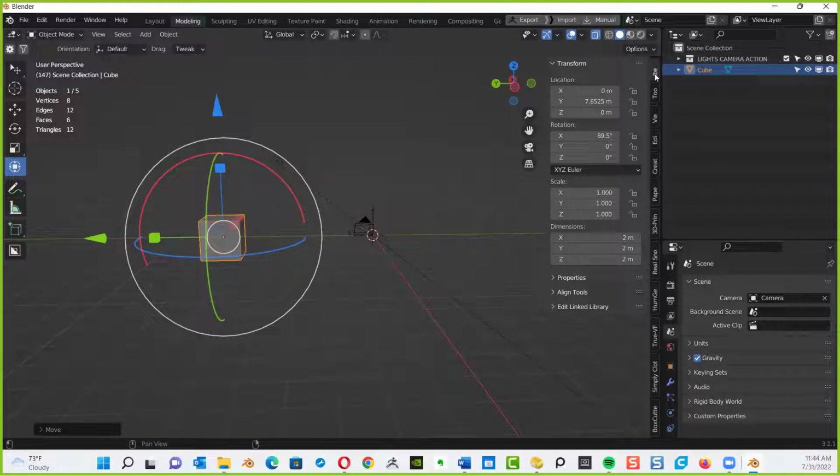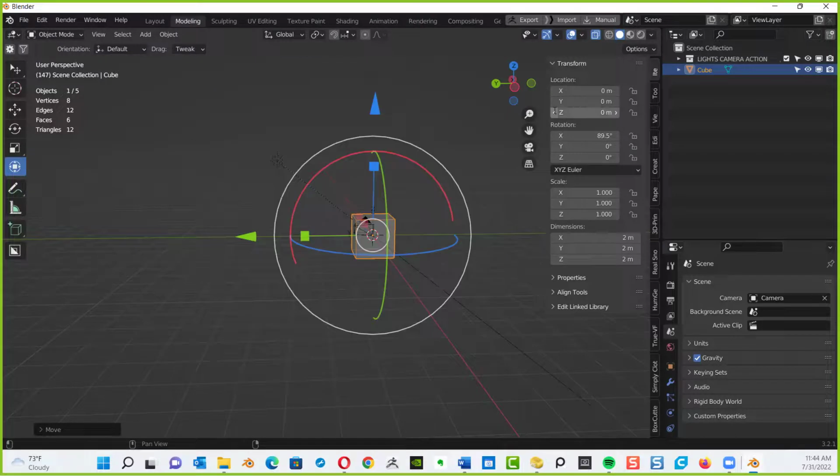If I click on the item, I've got the location, rotation, and scale. The location is giving me 0, 7.8. I can just click it, hit the 0, and zero it out that way. I can also do it by editing the direct numerical locations right here under the location option for the item.